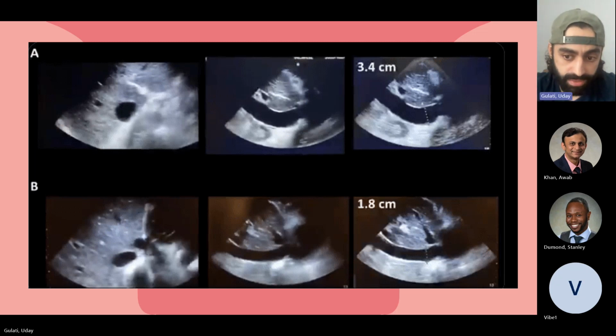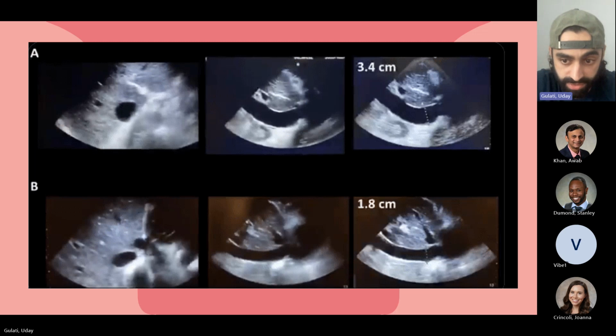You want to get your max diameter, then press the freeze button, and then you can take the mouse pad and scroll to get your largest diameter, and then you measure that. The top one is 3.4 centimeters. You see on the video that it's not moving, versus the bottom one, which is 1.8 centimeters, also very plethoric with minimal respiratory variation. Now, the common teaching, at least what most people learned in med school or early on when they were